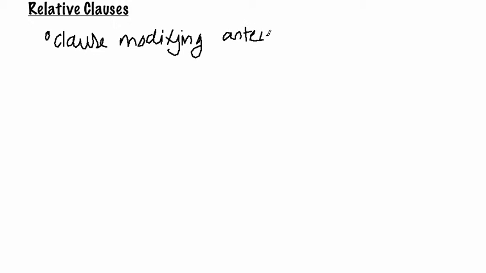So a relative clause is a clause that as a whole acts as an adjective modifying a noun. And that noun is also called an antecedent in this case. So let me write that down. Clause, modifying, antecedent. Okay, so it modifies an antecedent, and a relative clause in Latin must start with a relative pronoun, that was covered in the relative pronoun video. Relative pronoun